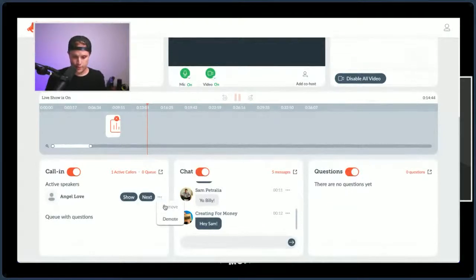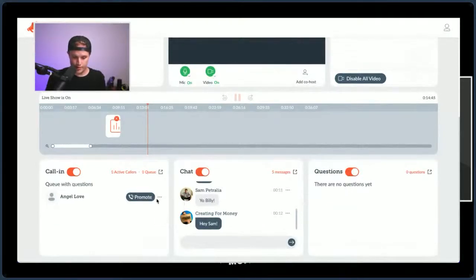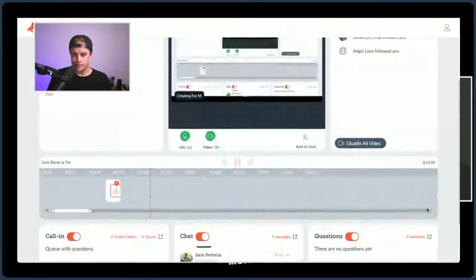And then also you can just remove people here or demote them, I guess. You can keep them on the line, but just demote them or just remove them. And then what I really like about this is the questions. I think it's pretty cool to have these all separated. Even here in Clubhouse, it's just one big chat or a back chat or whatever. But I like that it has the questions function if you're doing a live show.